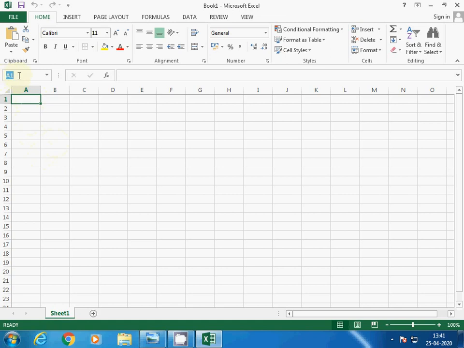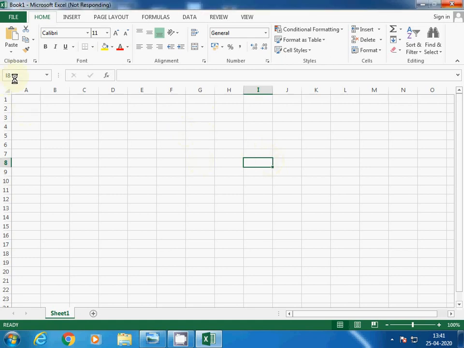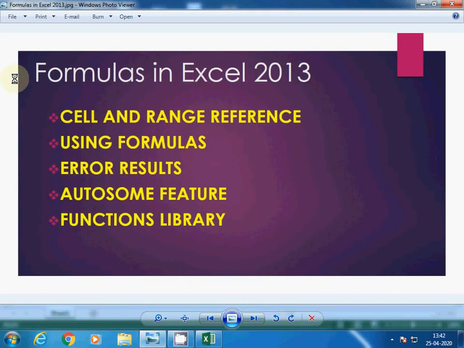Now see how we can write a particular cell address. Here you will find A1 selected, and this box is known as the Name Box. Whatever cell you select, that name appears there. Observe that I am changing the cell address. Now I move to I8, and that is shown here. It represents the cell address, with the particular cell name and its location. Wherever you move in Excel, it will be available there. So that is called a cell.